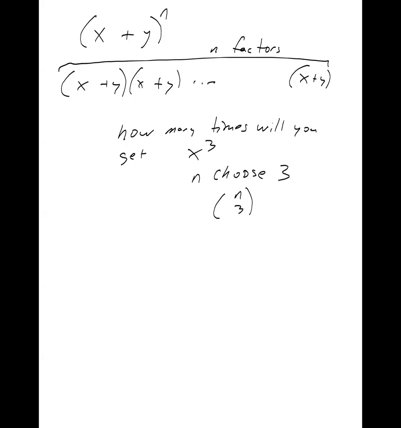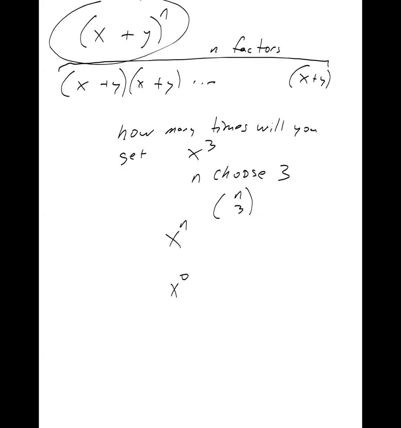What's the biggest power of x you can possibly get by multiplying n factors of (x plus y) together? It's x to the nth, right? Because you obviously can't get more than x to the nth, since you don't have that many x's to multiply. What's the smallest power of x you could possibly get? Well, you could get none, because there's going to be one term that only has y's multiplied together, at the very end. No x's, just y. So x to the n is the first term, x to the 0th is the last term, and so